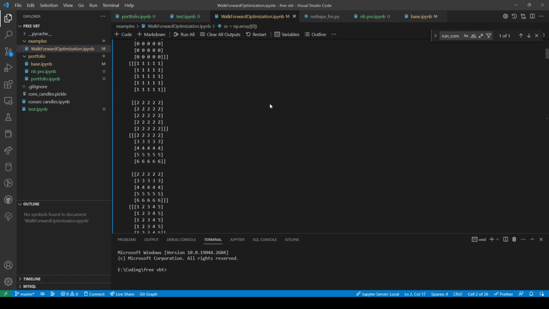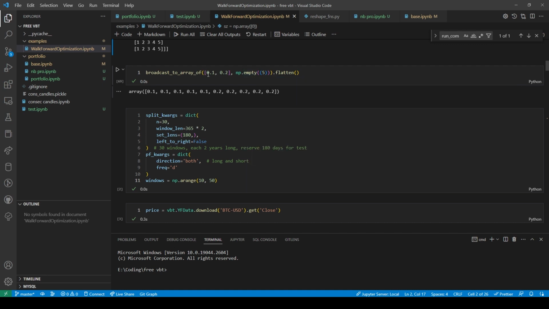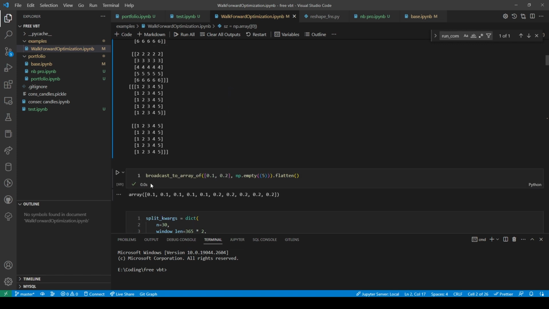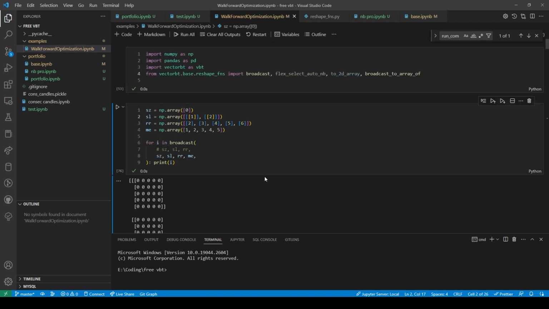But then we also have this array right here, which doesn't really make any sense. If I had this as like 1% and 2%, this works. I feel like there's some type of math here that needs to be done.